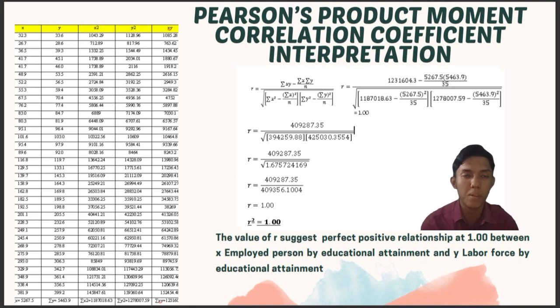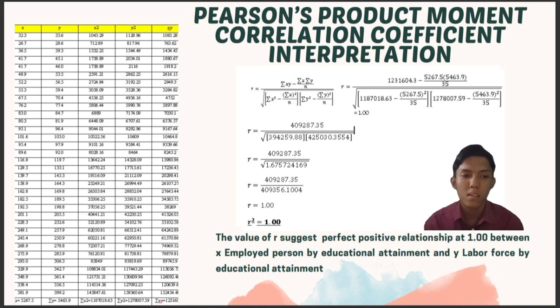Okay, next we will use the Pearson formula to calculate. R equals sum of XY minus sum of X times sum of Y divided by N, and below is the square root of sum of X square minus sum of X square per N, and sum of Y square minus sum of Y square per N. Using the numbers we have calculated in the table, we will put them in the formula, which for XY is 123,000 and 164.3 minus